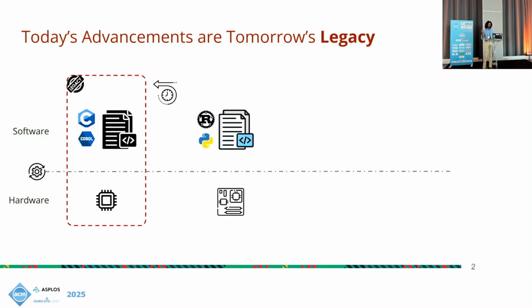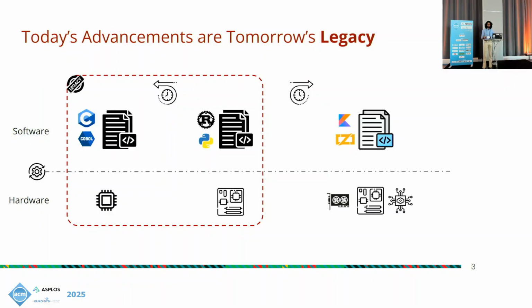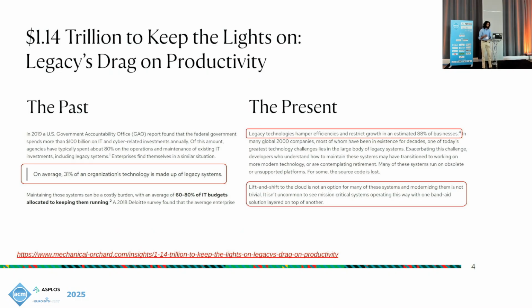We have tons of systems today that are deployed that run on legacy platforms and legacy programming languages. And in fact, this problem is only going to get worse because the advancements we have today will become legacy soon in the future. We might have new languages that are more expressive, more heterogeneous platforms that we can't potentially scale to. And legacy software management is actually a huge issue. Today, according to the US government, over $1 trillion is spent just in managing legacy software. And this hampers the growth of numerous companies in the Fortune 500.